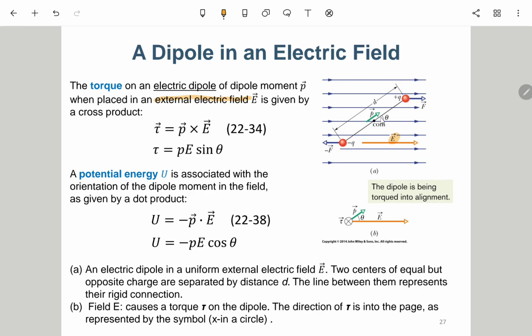The idea is like, suppose at the beginning, this is a positive charge and the E field is pointing to the right side, so there will be a force also pointing to the right side acting on this positive charge. Similarly, for this negative charge, the E field is pointing to the right side, so the electrostatic force acting on this negative charge will be pointing to the left side. Okay, so here we have this force